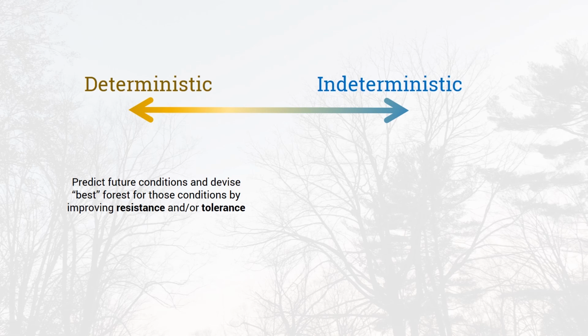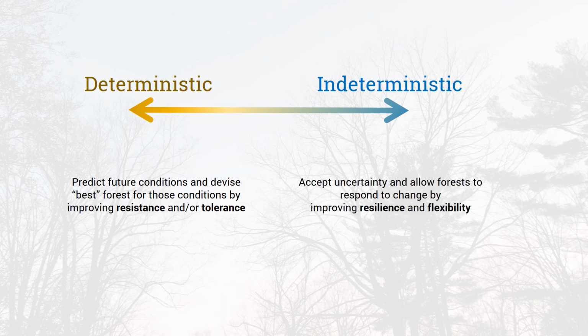adapted to future conditions. By contrast, a purely indeterministic approach assumes future climate change is highly uncertain, and forests are constantly self-regulating with an innate capacity to adjust and withstand change. The aim is to create a diverse forest in terms of species, structure, age classes, etc., that has a natural